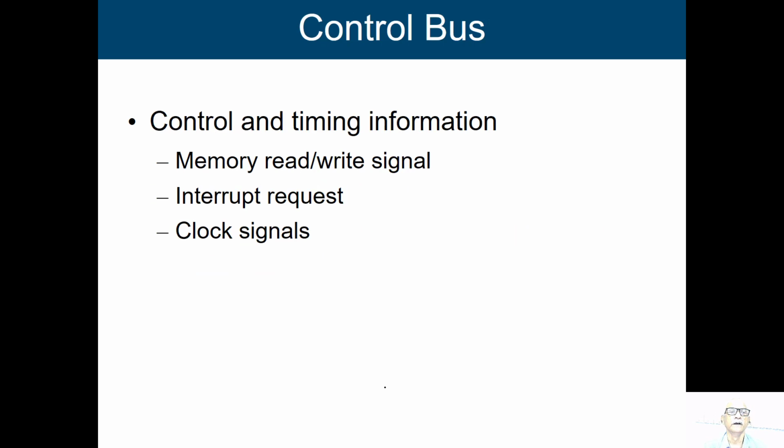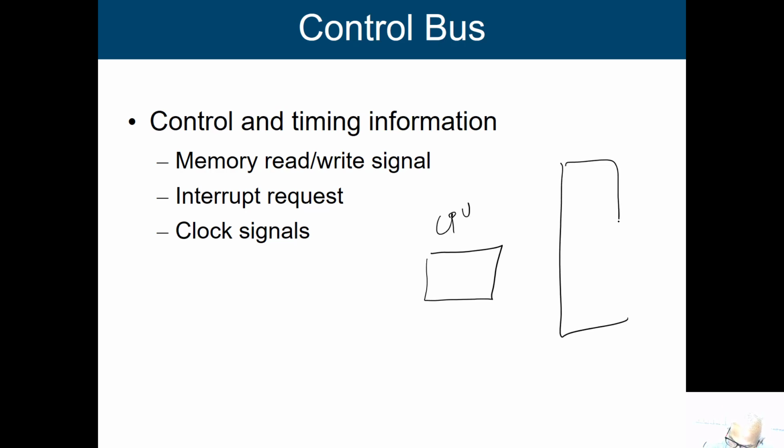And the control bus: the processor is going to generate some control signals. If this control signal comes out from the processor and connects to some other devices, it will go through this control bus. One simple example is memory read and write signals. In the von Neumann stored program principle, we have this CPU and this memory, and we are going to work with this memory model.